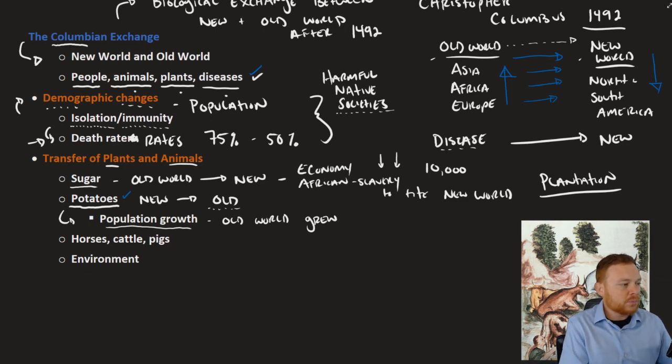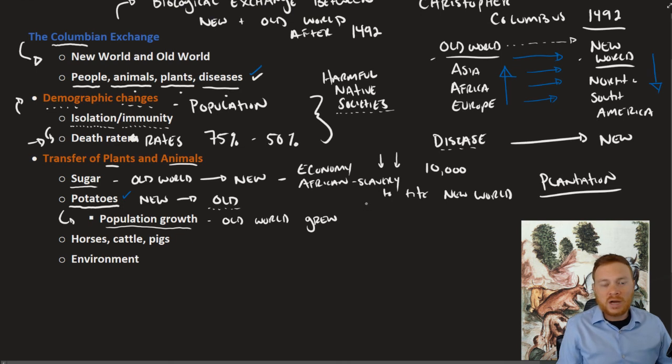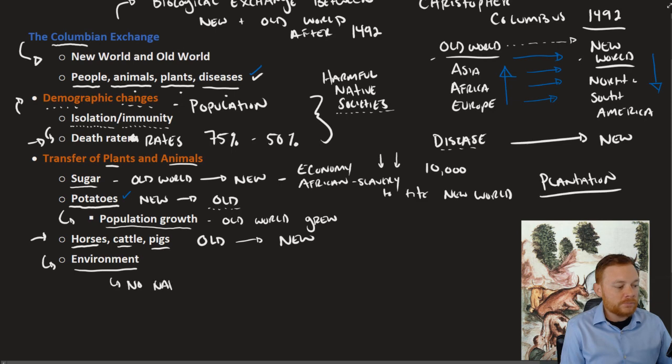A couple of other important Columbian Exchange items included animals, specifically domesticated animals: horses, cattle, and pigs. These all came from the Old World to the New. Horses, cattle, and pigs had both a positive and negative impact on American or New World societies. The negative impact was the environmental destruction. A lot of these animals had no natural